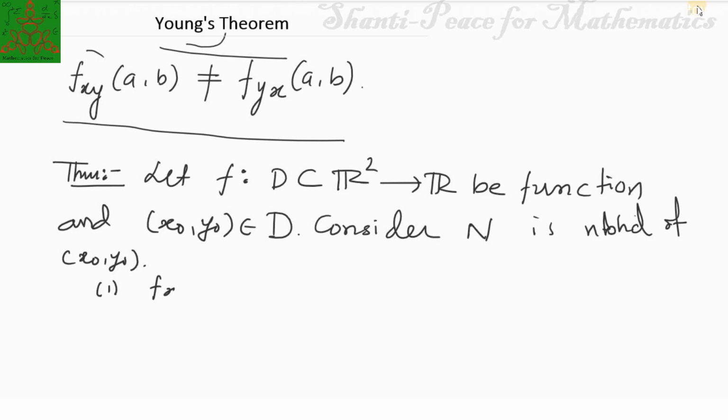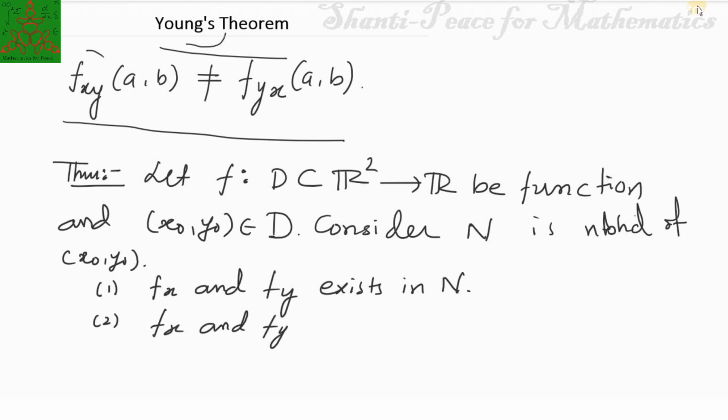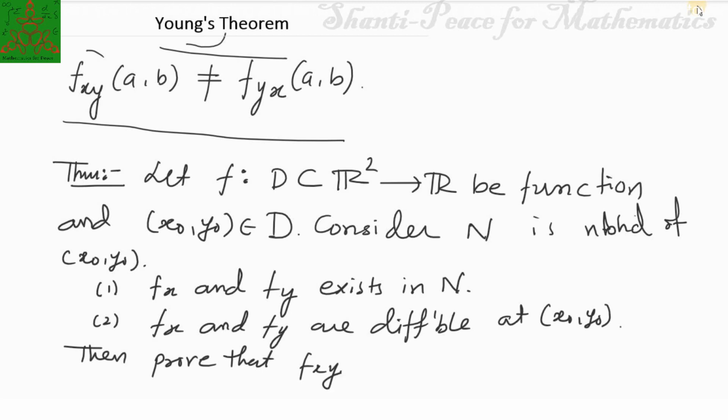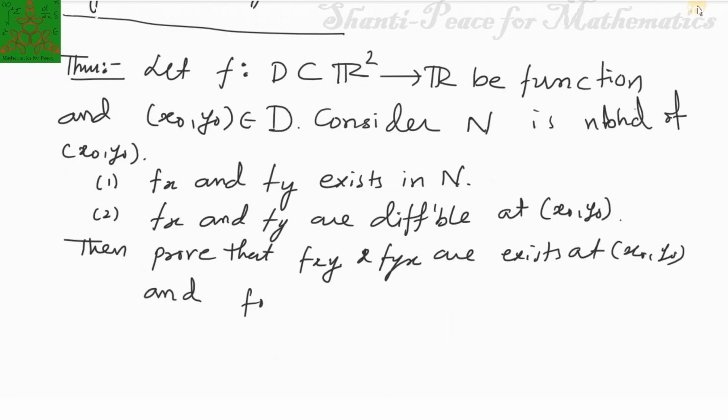The first one is that f_x and f_y exist in N, and the second one is that f_x and f_y are differentiable at (x0, y0). Then f_xy and f_yx exist at (x0, y0)